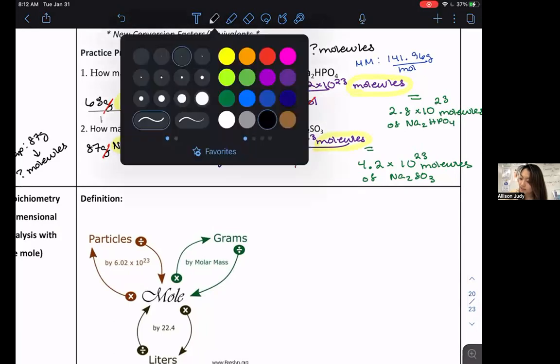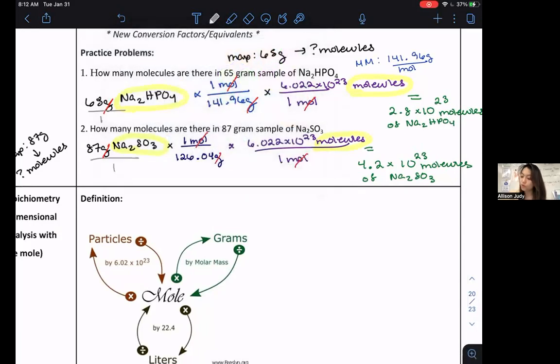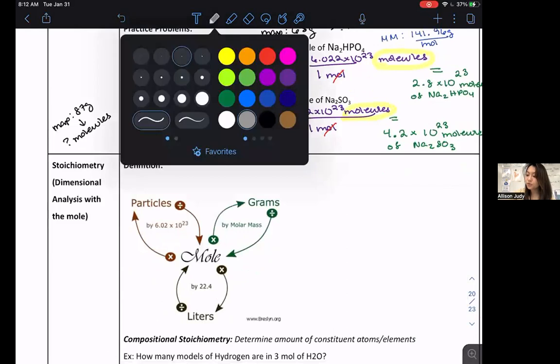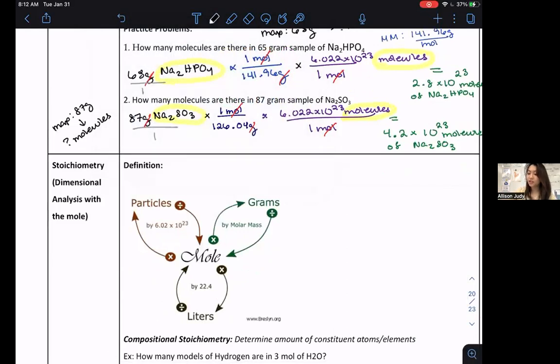I perform it, realizing that the first number is like saying over 1, and I multiply all the numbers on top of the fractions divided by all the numbers on bottom multiplied together, and I get a value of 4.2 times 10 to the 23rd molecules of Na2SO3 to 2 sig figs. So we actually have a unique name for this type of dimensional analysis with the mole, and that is stoichiometry. So you could just think of it as your advanced unit conversions